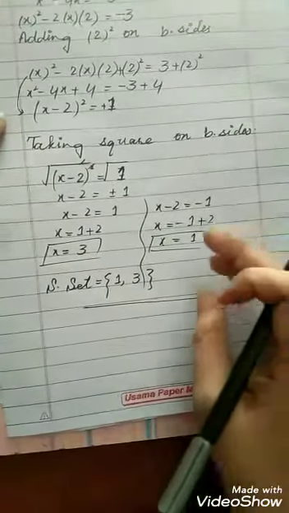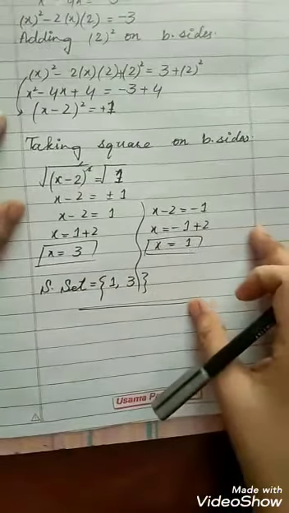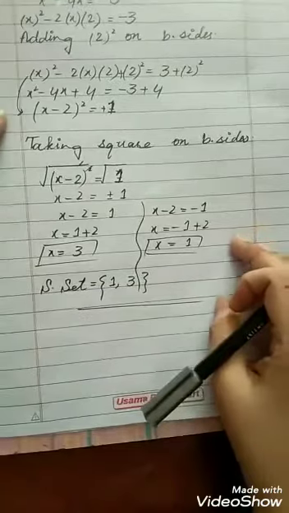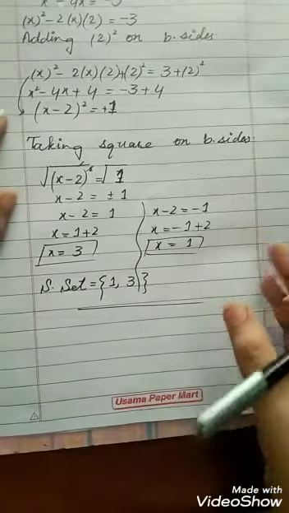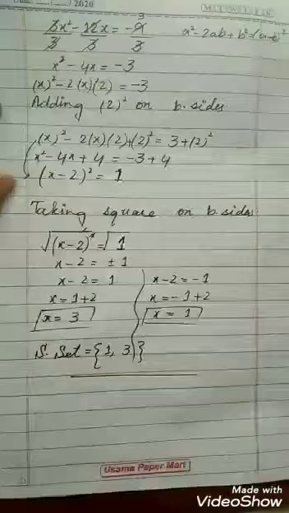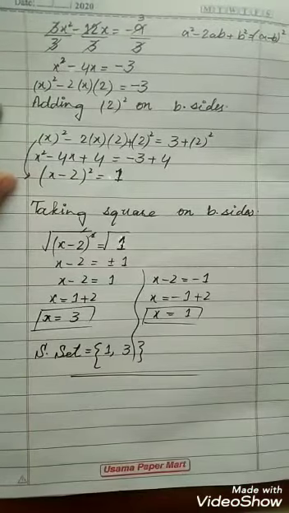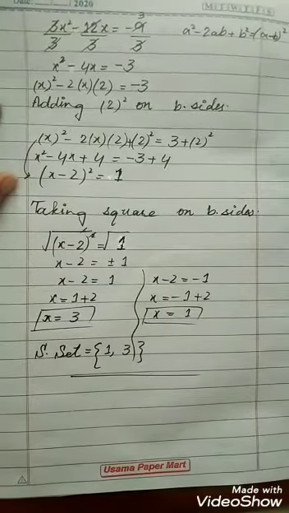Question number 3, part 9. This is a very easy question. First of all, you have to make it a quadratic equation in standard form, then solve it with the same method as you solved in the previous questions. So you will practice this whole question frequently and solve it in your registers. Next, move towards the next part.